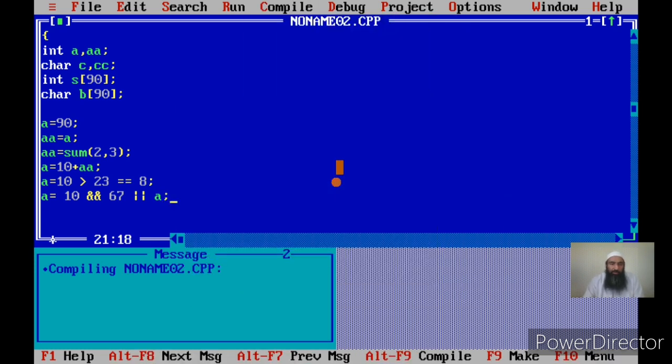This expression uses only logical operators. Now I have another expression, A equal to A greater than 10 ANDed with. Now this is a compound logical expression or logical expression. Why? Because it uses logical operators and relational operators.